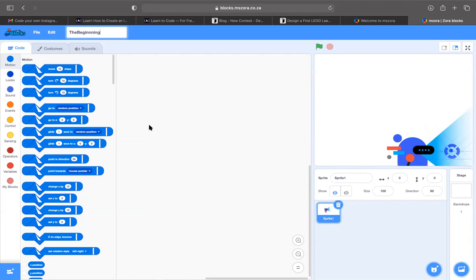All right. And we have different areas. We have the coding area, or the coding blocks, which sit right on this left panel, or the coding palette. This is where all the coding we are going to use comes from. All right. And still on this palette, we have costumes.